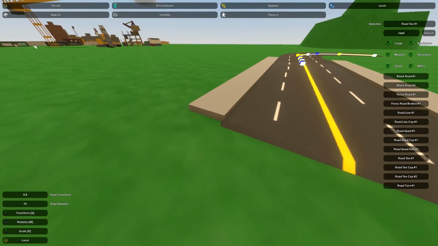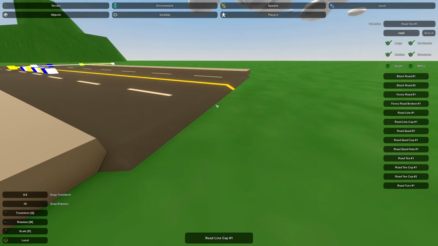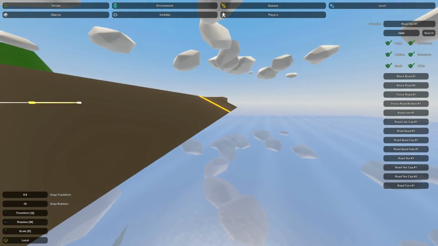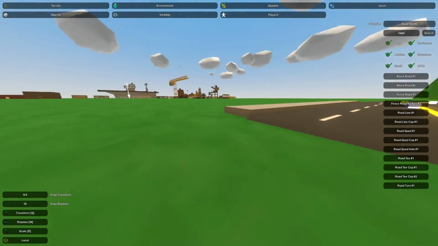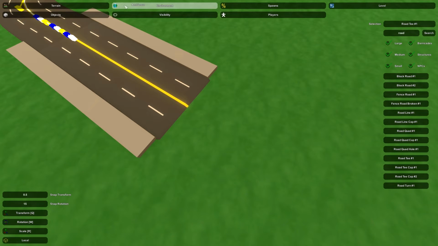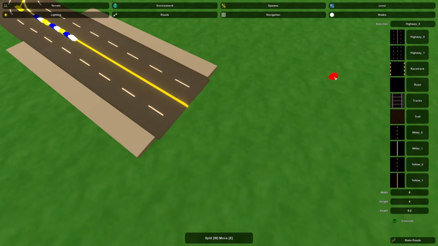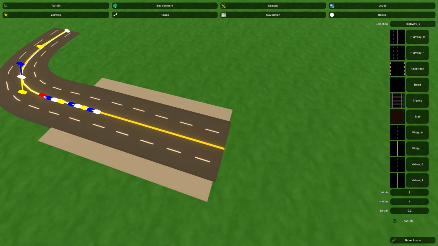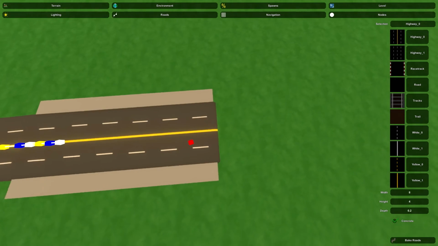And the reason you want to do that is because it caps off the very end of the road. It sort of slants it down. You guys can see it slants it down very far, and it also caps off the sidewalk here. Now that's going to be important for getting it to look nice later on. So what you're probably going to want to do is match the different types of roads. So for example, I'm going to be using Highway 0 because that matches the block road here that I have